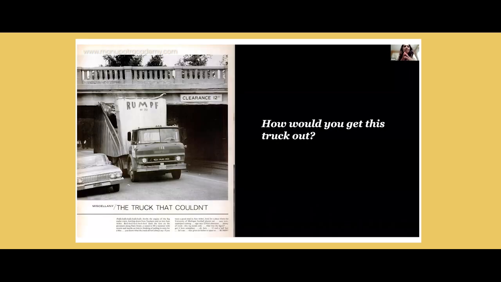This is a very famous picture, and perhaps some of you have seen this, but it'll be interesting to know what you think of it. So this was a truck that got stuck under a bridge. This is a real situation that happened. For hours, the truck was stuck on a highway, people can't really get through, all of those issues. And so they were trying to understand how to really get the truck, which is stuck under the bridge, to come out. Any ideas on simple ways through which this truck could be taken out from under that bridge? And you can use the chat to put down your ideas.